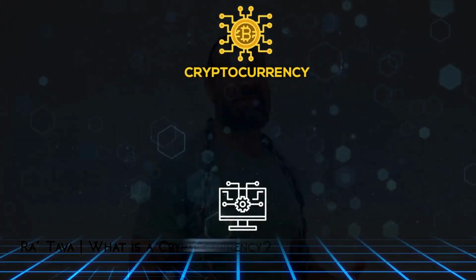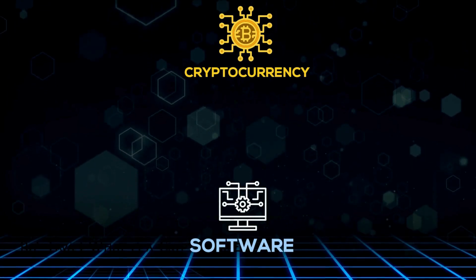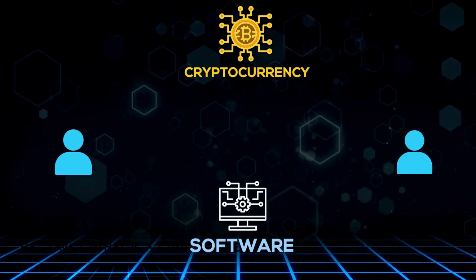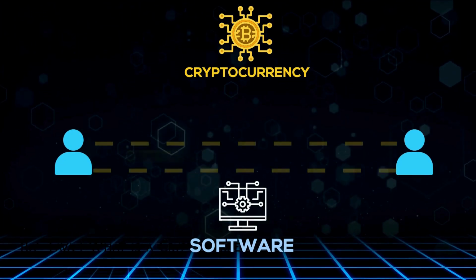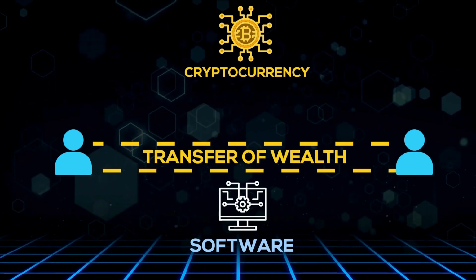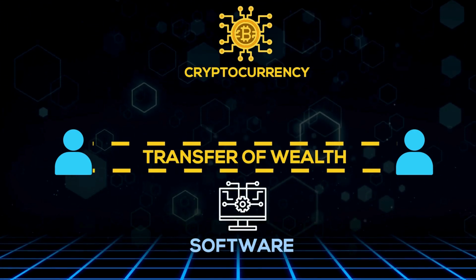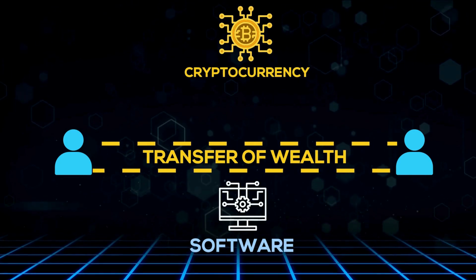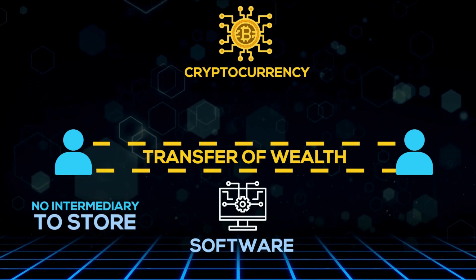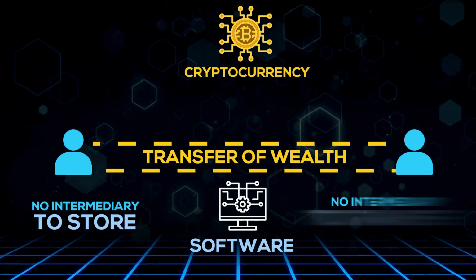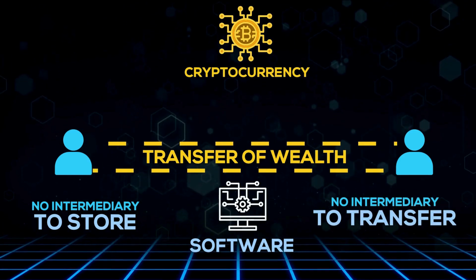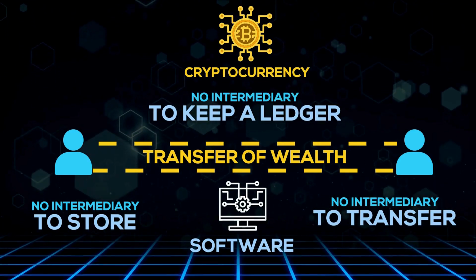Let's define what a cryptocurrency is. A cryptocurrency is a piece of software that enables two parties, perhaps more than two parties, to transfer wealth to one another without an intermediate party. There's no intermediate party needed to store the asset. There's no intermediate party needed to transfer the wealth, and there's no intermediate party needed to keep a